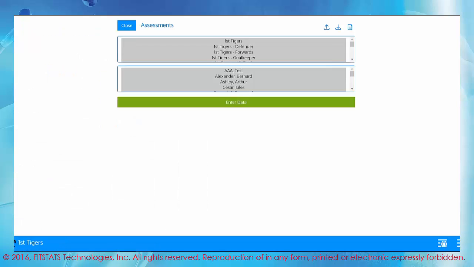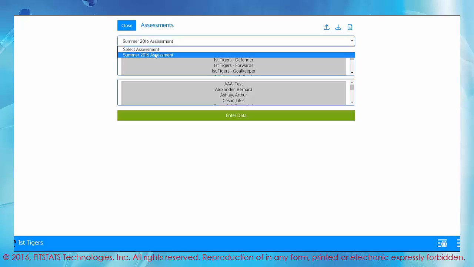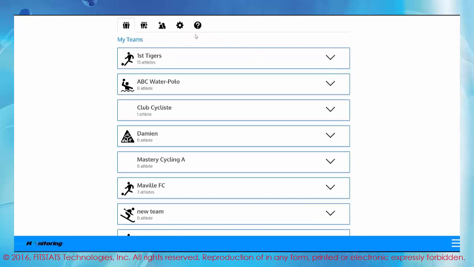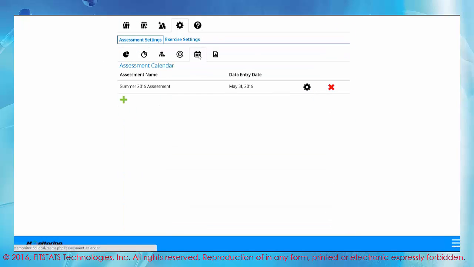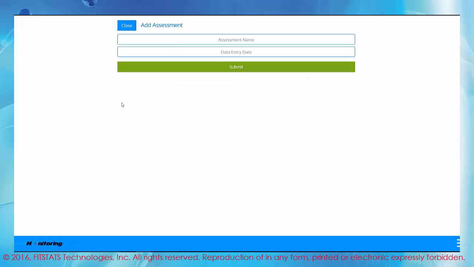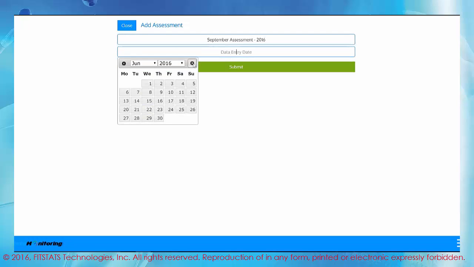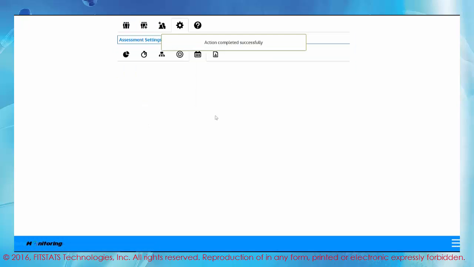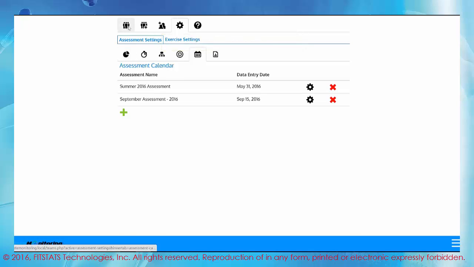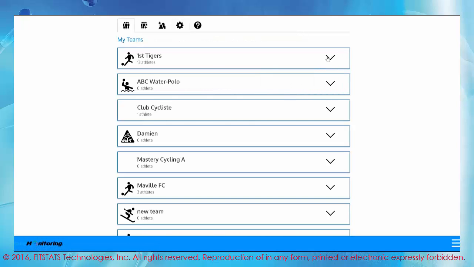Now I'm just going to close out, and we actually only defined one assessment earlier, so I'm going to create one more. We just go back into our global settings and into our assessments calendar, add another one, and I'm going to call this one September assessment. And set it to be done September 15th. Submit. And now if we go back to our Teams page and back to the assessment data entry screen,